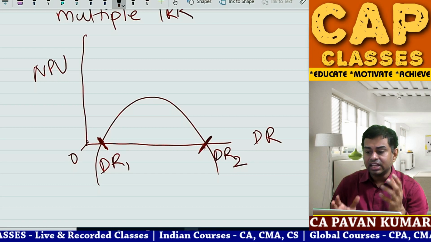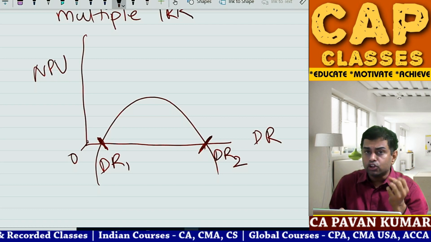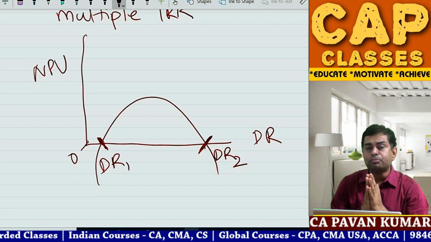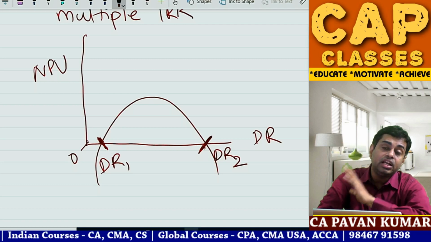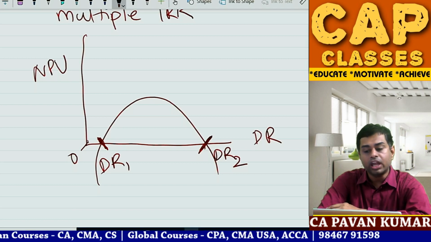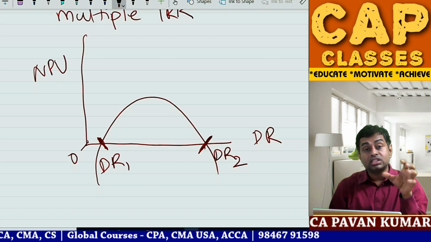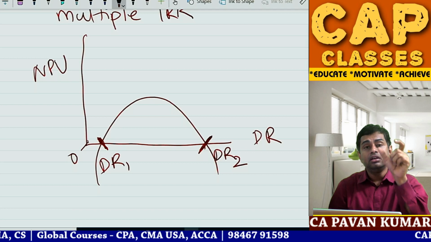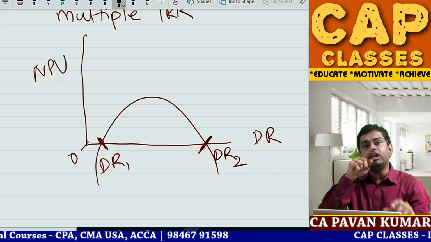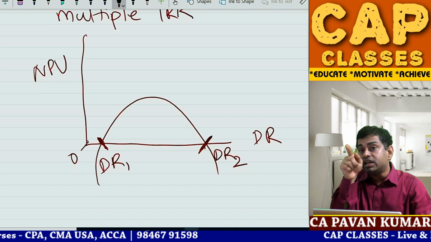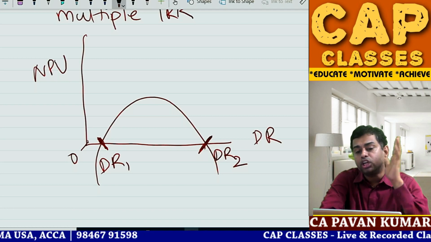So in a situation where there is a project with a long life, initially outflows are more, inflows are less. But imagine this is a 50 years project. Sometimes cash flows can be positive, sometimes negative, sometimes they start positive and the trend will be positive 10, 20, 30, 40, 50, so it is growing, and after that again falling, after that it turns negative, again it turns positive. Imagine a peculiar project like that.